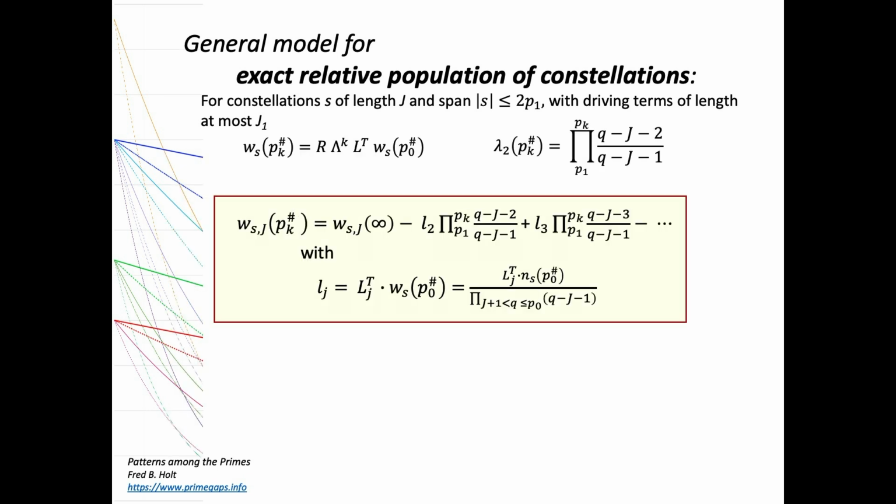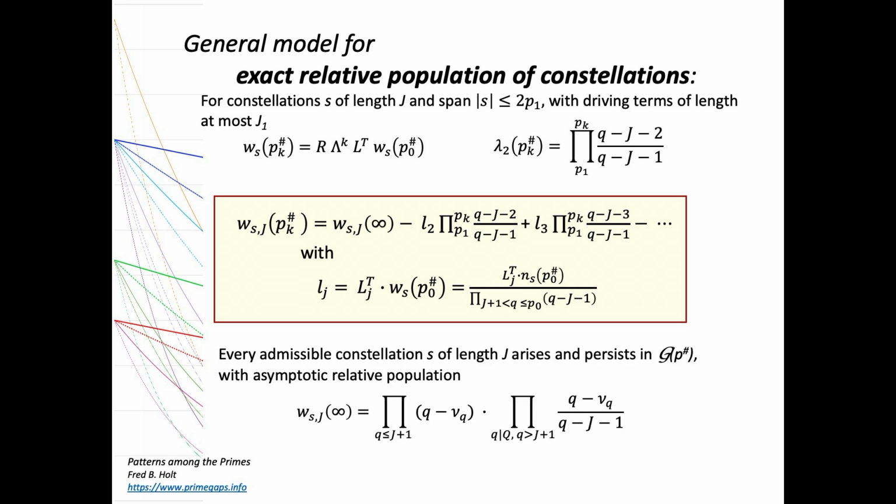We end up with the expansion for the relative population of the constellation. It's this asymptotic value minus coefficient times the next eigenvalue plus coefficient times the next eigenvalue. And these coefficients come by applying the matrix of left eigenvectors to the populations and the initial conditions for that initial cycle. Corollary here is that every admissible constellation S of length j arises and persists with asymptotic relative population